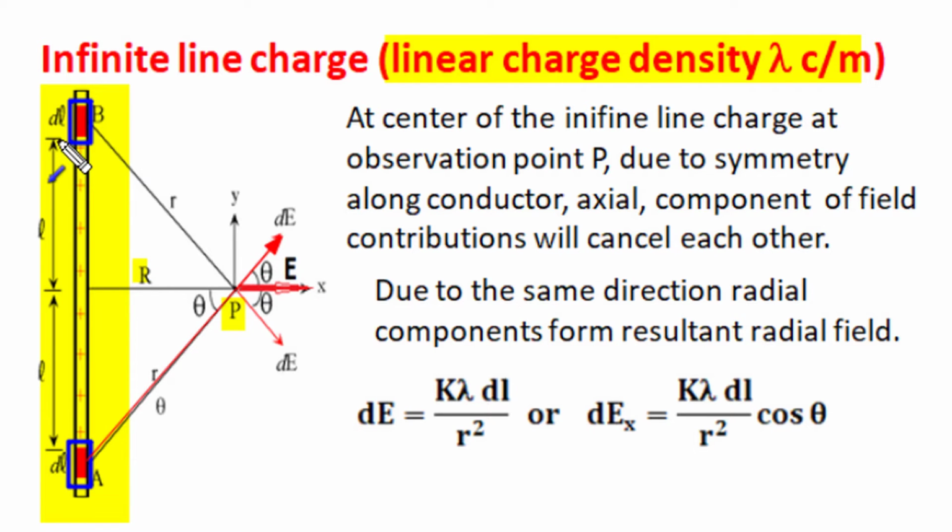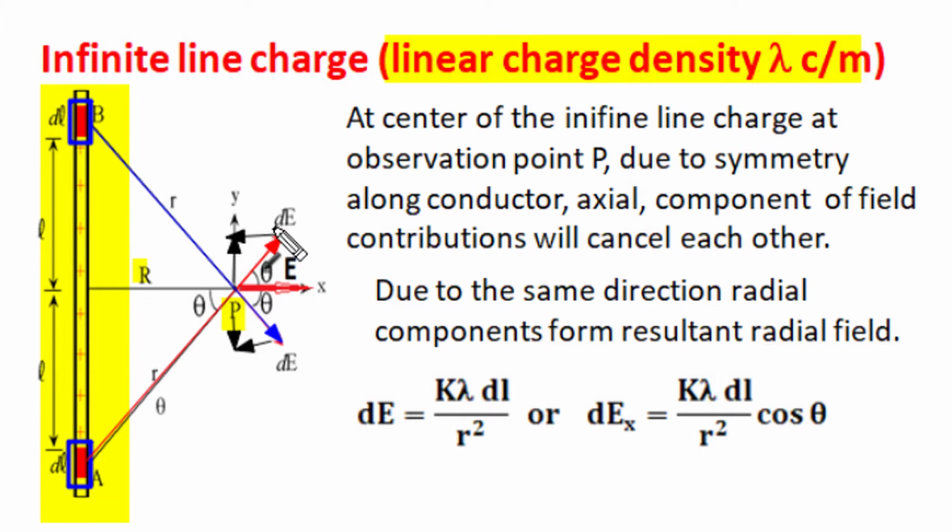Similarly, for this elemental length dl having charge lambda dl, which is treated as a point charge, the elemental electric contribution is shown by this blue arrow, again in radial outward direction. For these two symmetrical positions, if we resolve the components of these electric fields along the axial length of the charge, then these two components, one at A and second at B, are equal and opposite, so they cancel out. For this mid position, we have an identical amount of charge on both sides, and such electric contributions will produce equal and opposite components along this axial line.